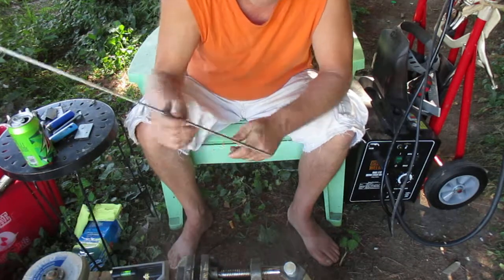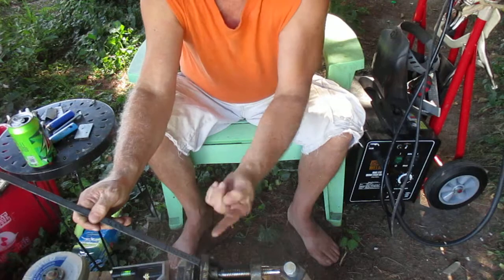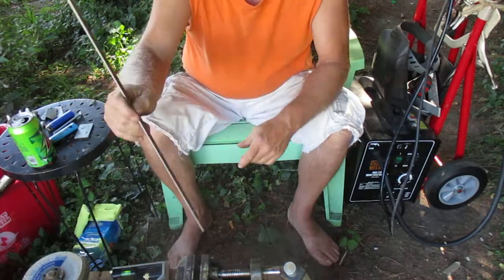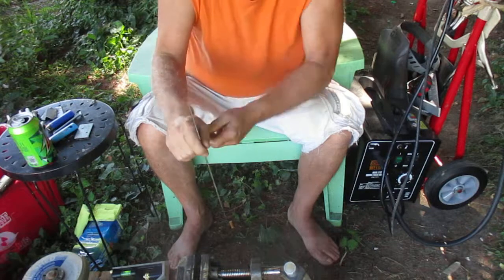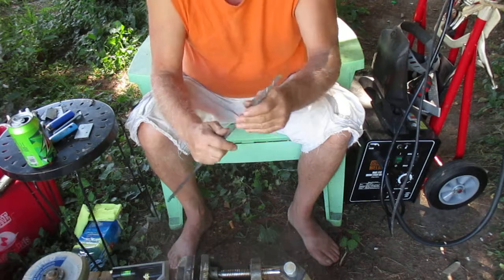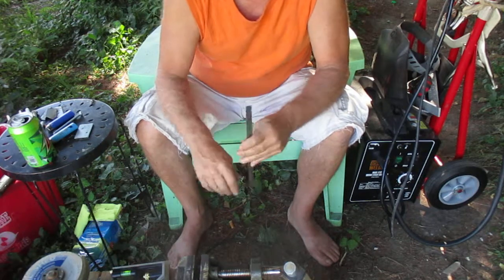Put it in your vise, scored side out. Bend it. Make a 90. Take it out of the vise. Put your other piece in the vise. Bend it. Make a 90. After you have a 90,